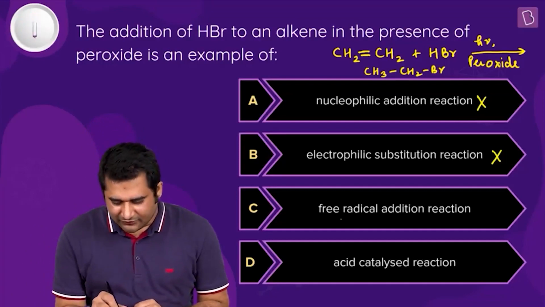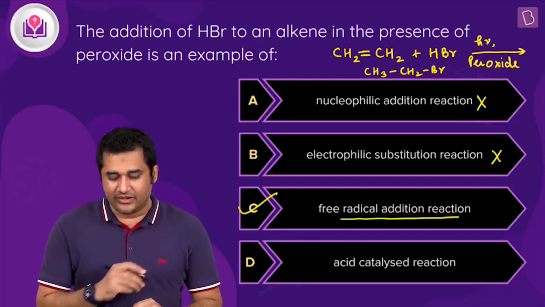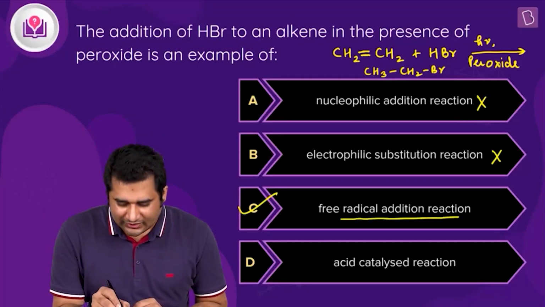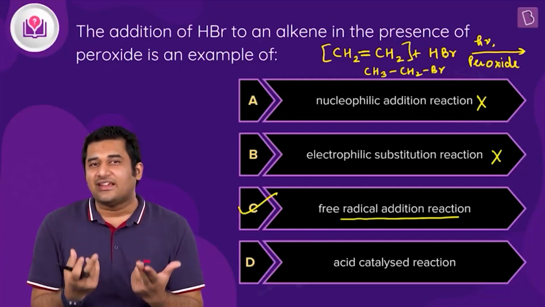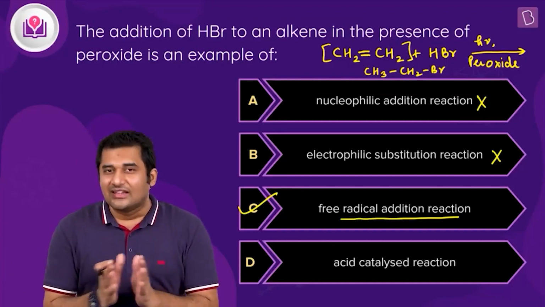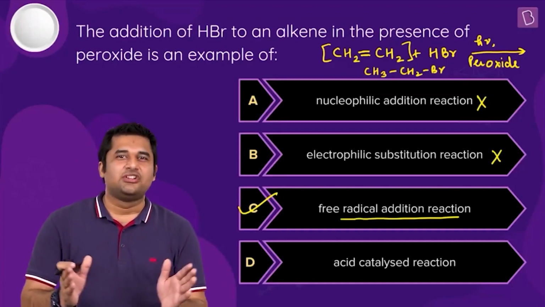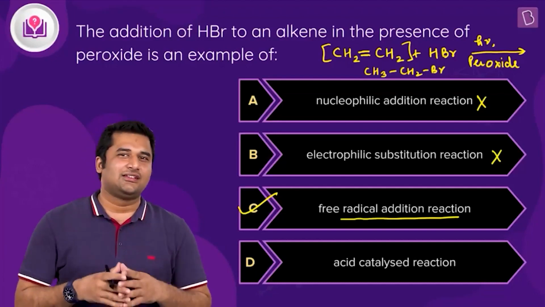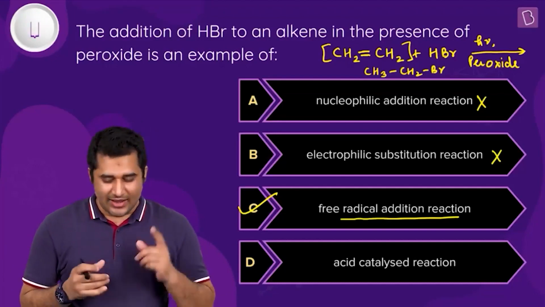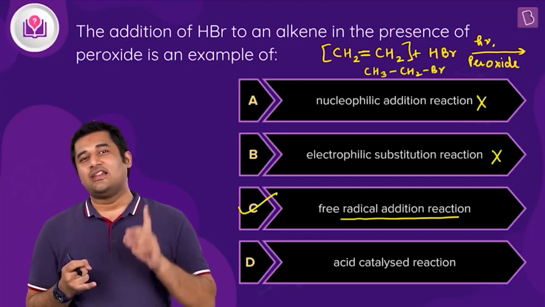So now you can see this is a free radical addition reaction. Alright, why addition? Because you can see in this case to the alkene, the hydrogen and bromine are getting added. Alright, nothing is leaving, nothing is getting substituted. It is simple addition of H and Br to this alkene, isn't it? And that is how we can say it is addition. And as I told you, it goes by the free radical mechanism.